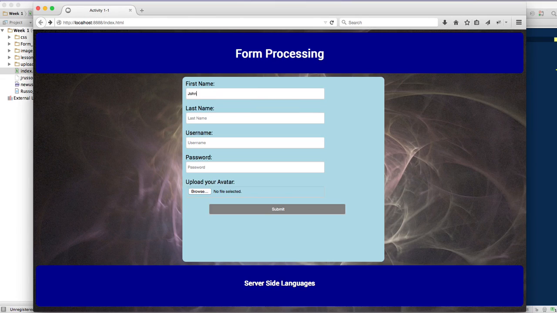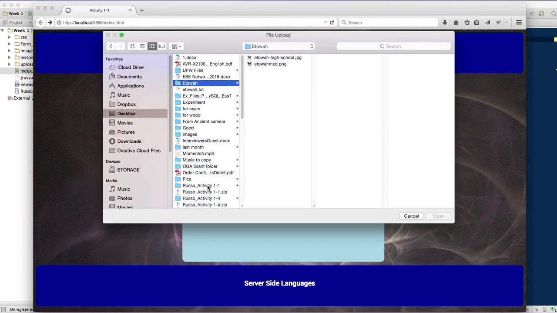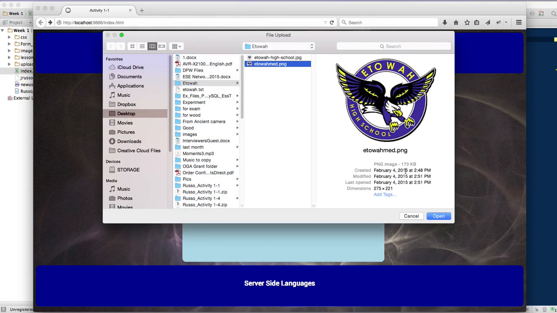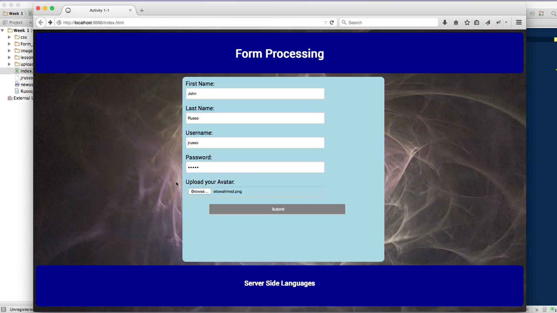Type in your first name, your last name, your username, put in a password. As you can see, if you put in a password or if you leave something blank and hit submit, it will actually give you an error. So, got the password in, and now I'm going to browse for the file, and I'm just going to select this school JPEG or PNG, hit open, then I go ahead and hit submit,